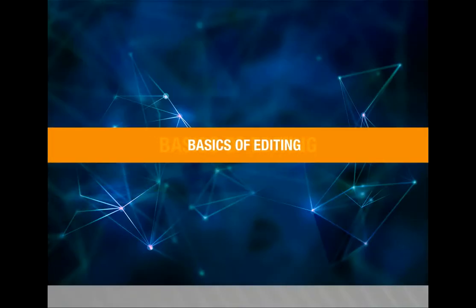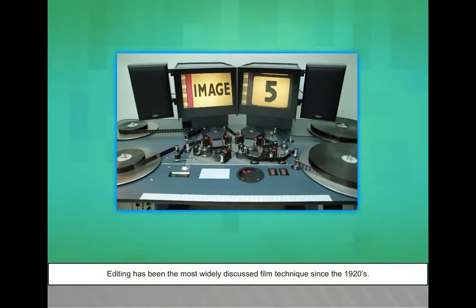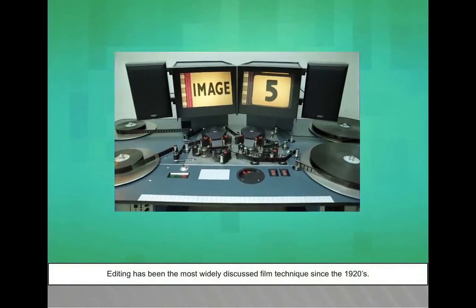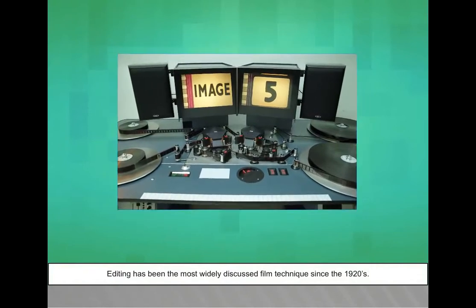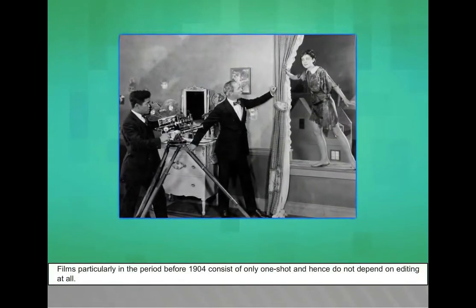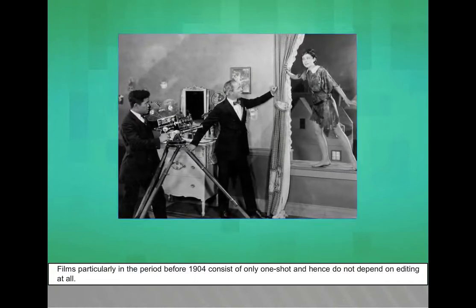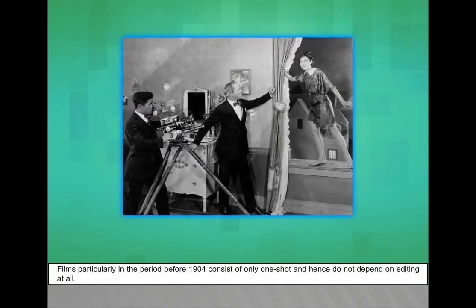Basics of editing. In this video, we are going to see about basics of editing. Editing has been the most widely discussed film technique since the 1920s. Films, particularly in the period before 1904, consist of only one shot and hence do not depend on editing at all.